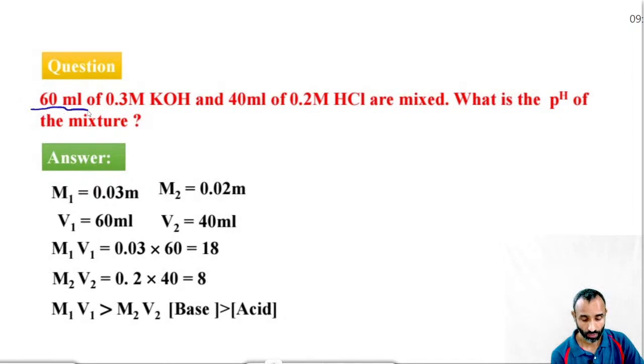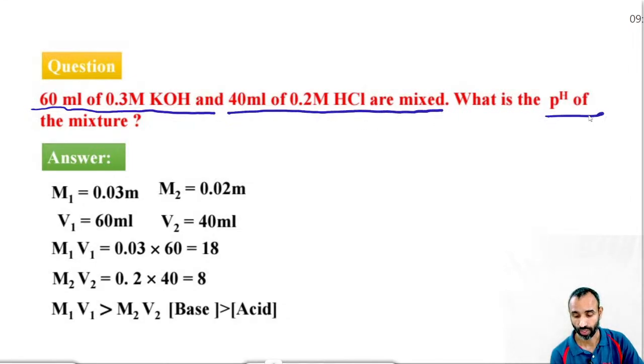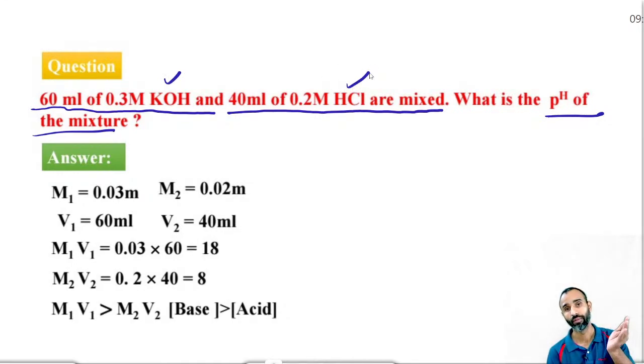60 ml of 0.3 molar KOH and 40 ml of 0.2 molar HCl are mixed. So what is the pH of the mixture? See, it is an acid base reaction. So obviously the base is neutralized by acid. So in this way, first of all, we calculate